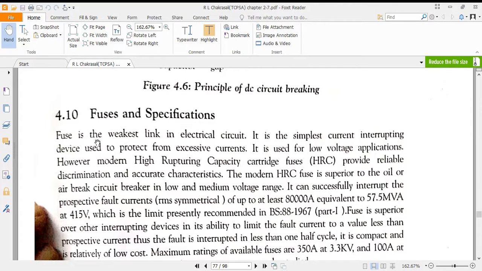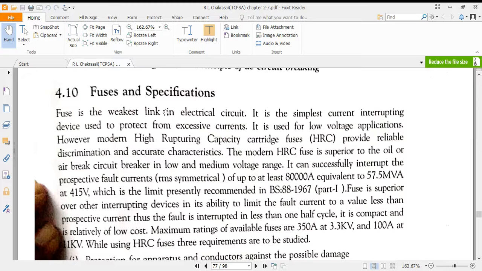Fuse used to melt. Fuse wire has to be melted when there is an overload in the circuit. But unfortunately, fuses in the houses never melt, something else melts. That is because we use fuse as the strongest link instead of using it as a weakest link. Anyway, that is out of the scope of our discussion.